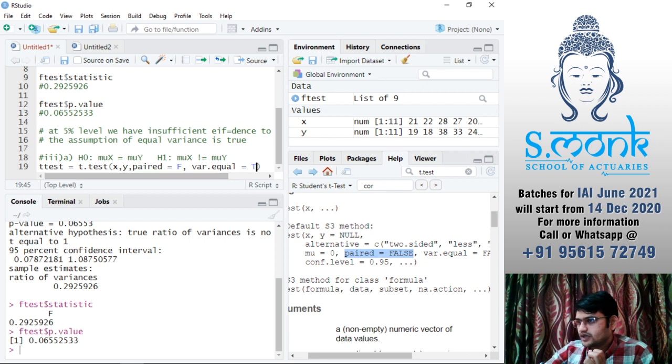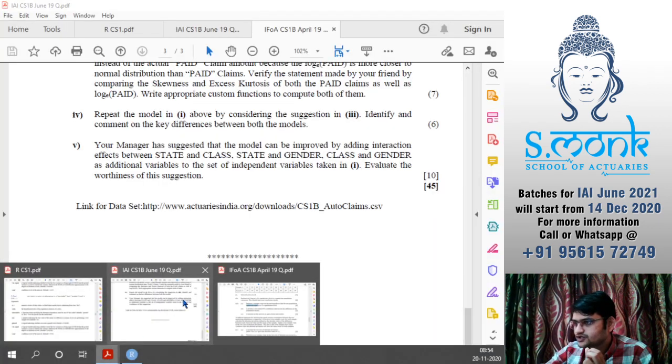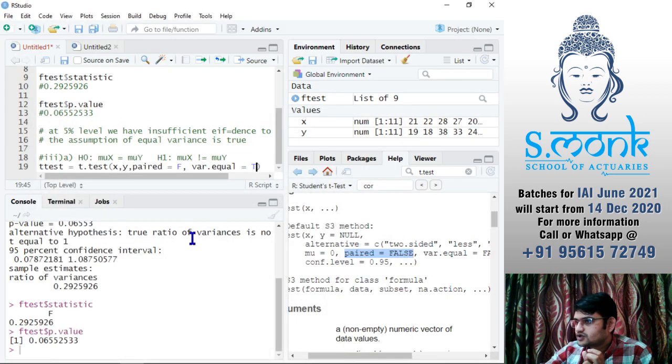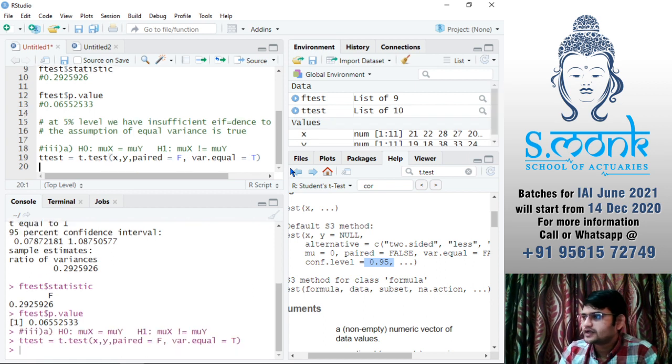Okay. And later on we'll also require a confidence interval, right? In the question they are asking for a two-sided 95% confidence interval. For that, 0.95 is the default, so you can leave it or you can specify it also, it does not matter. So I'll press control enter for the t-test.